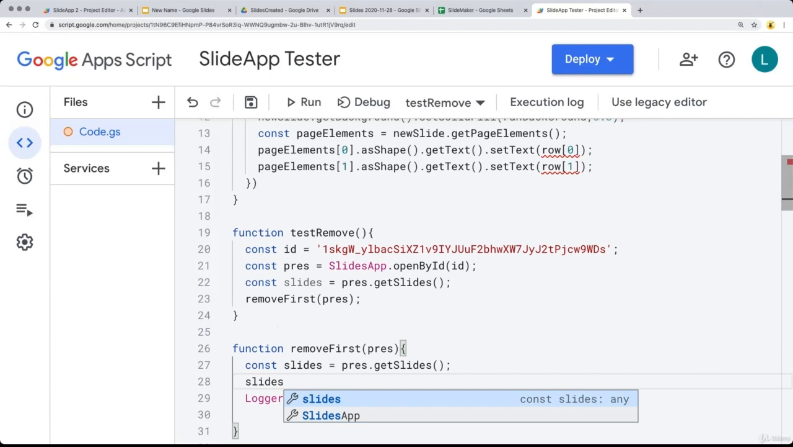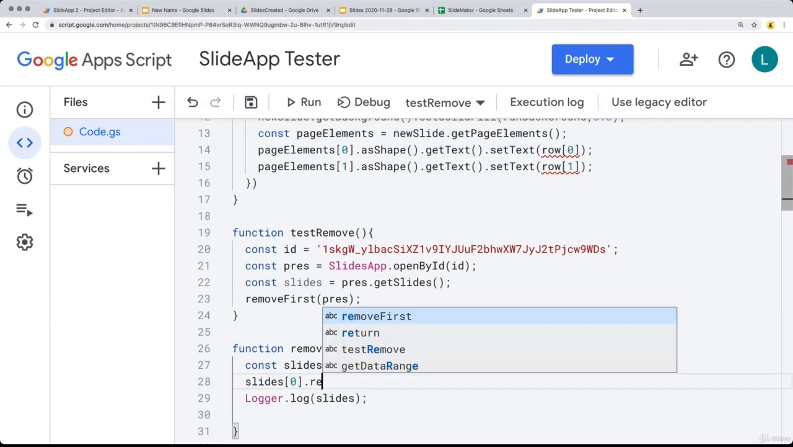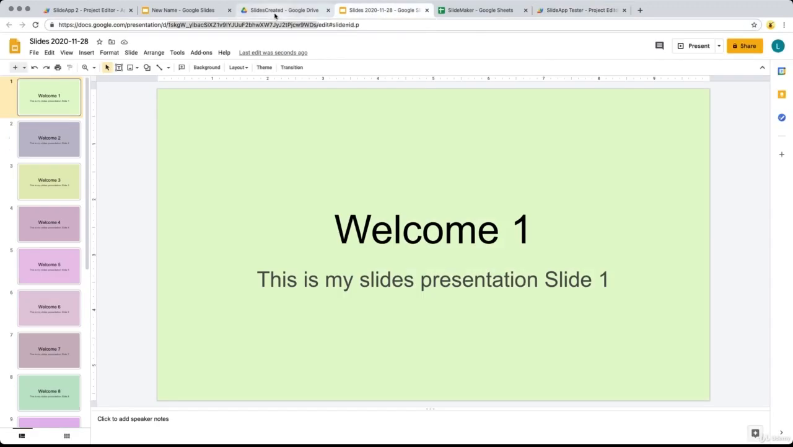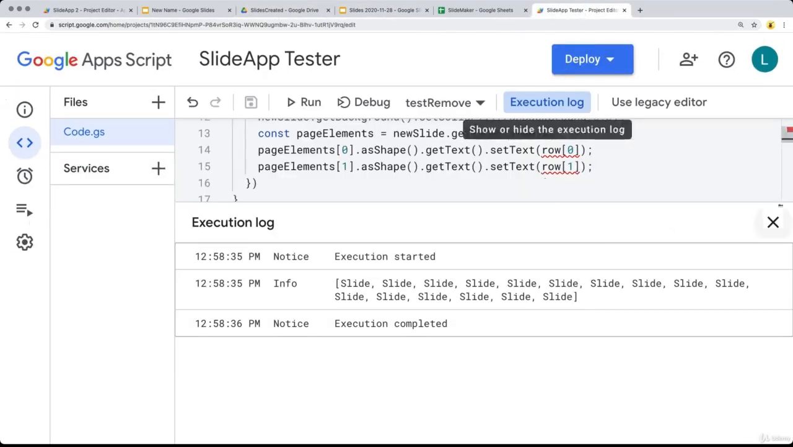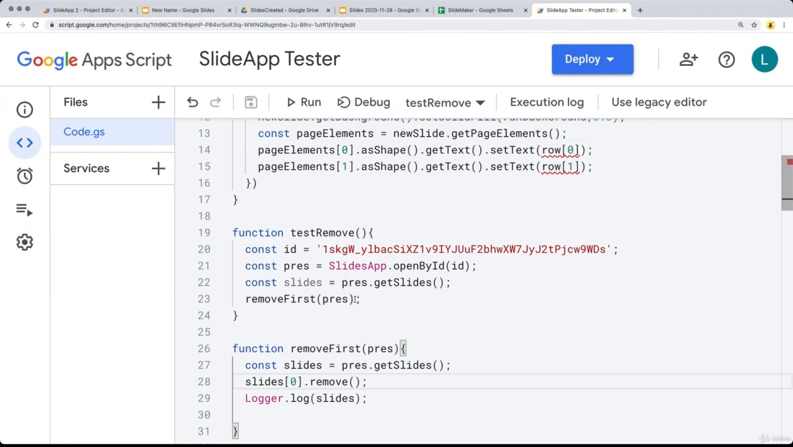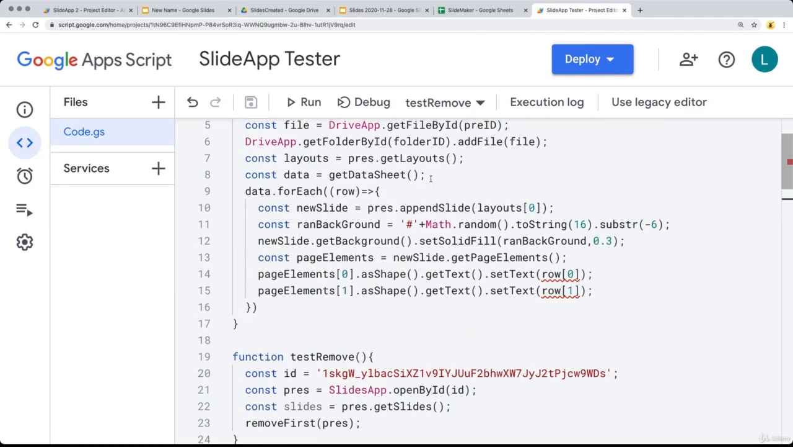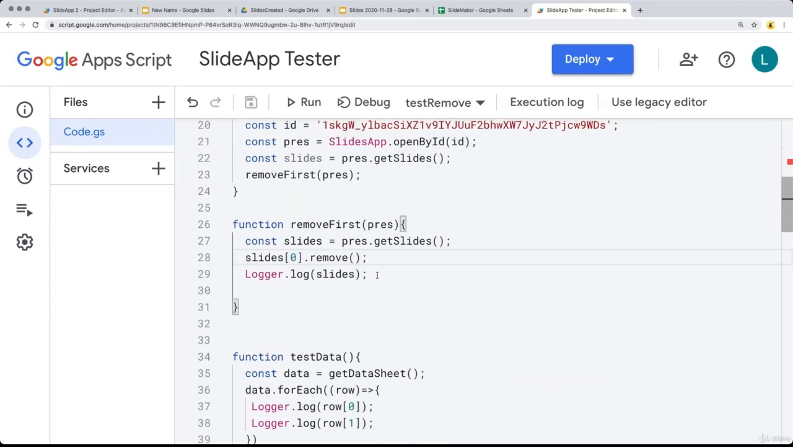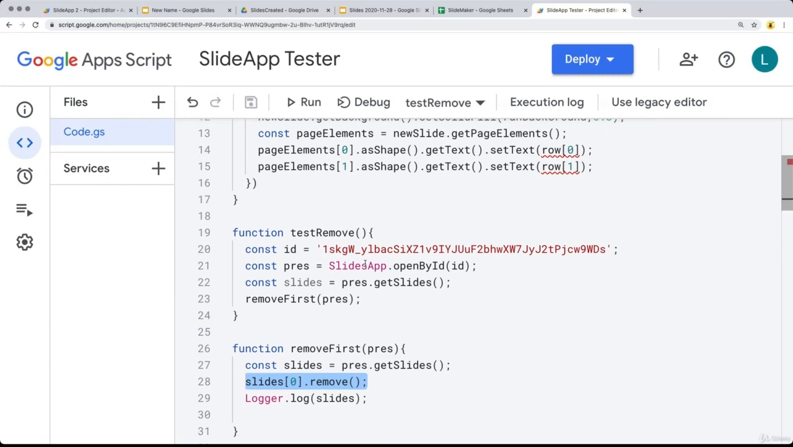And let's take the slides with an index value of 0, and then we will just remove that function, remove that slide object. So that removed out the first item. And we can use the same thing here when we get the layouts. We can just remove out whatever the first one is that we have for the layouts. When we get the slides,